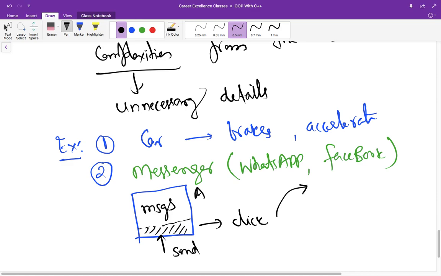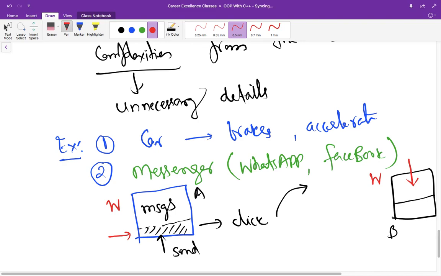Maybe this is smartphone A, another is smartphone B. It has WhatsApp, it also has WhatsApp. So whenever you click send from here, the message is sent and received at this end on smartphone B. But whatever is going on in the background, you don't know that, right?